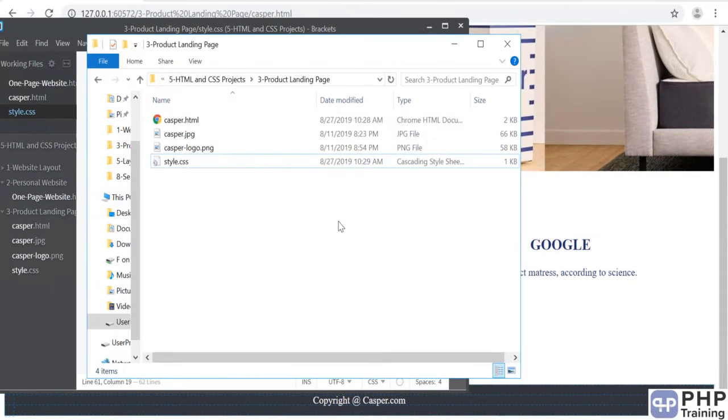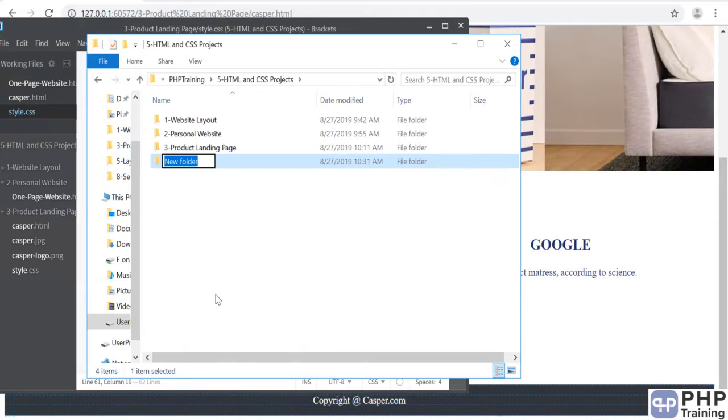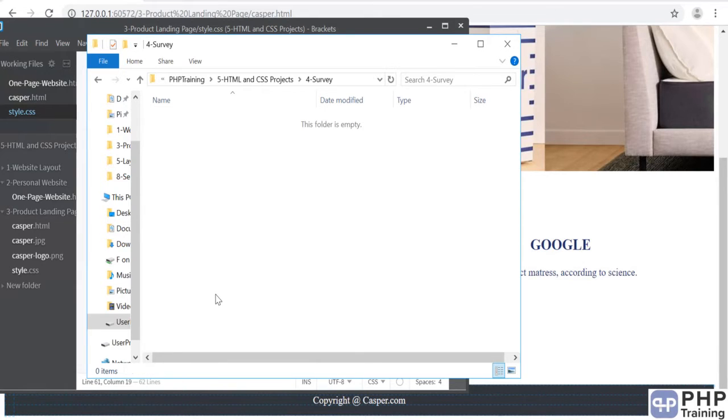And welcome back. So let's do another project. We'll create a survey page now. Instead of typing everything, I'm going to copy paste, then we're going to review the code and we're going to see how you can create a simple form and a simple website with a survey page.